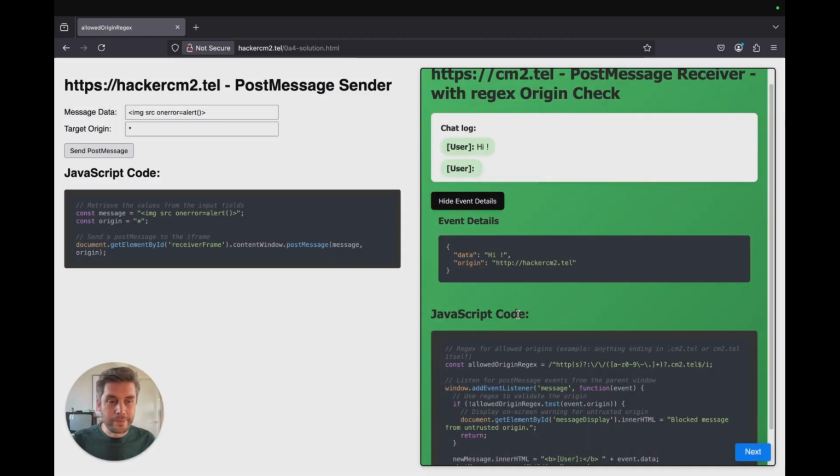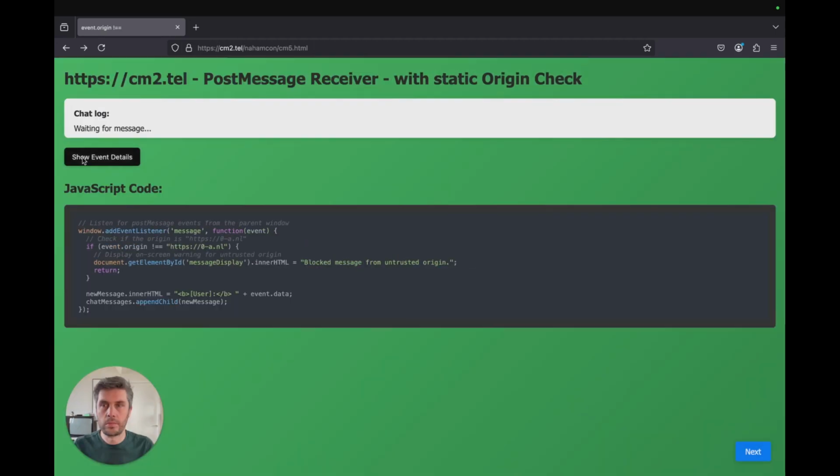So that's a cool one. Now, another cool example is the following. In this case, we're just looking at the receiver at cm2.tel. And when we check the origin check, it's like checking for a static domain. So it checks whether the origin actually is https